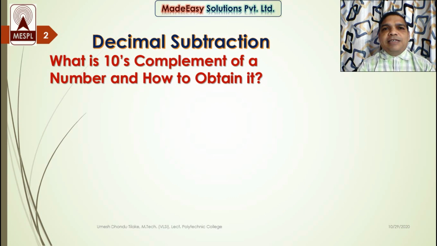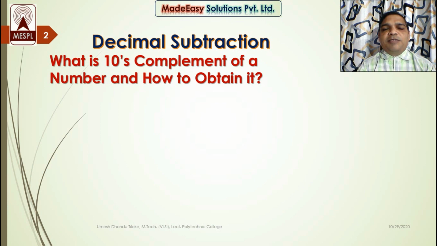So we will learn what is ten's complement first and then how to obtain ten's complement. So ten's complement of a number is again a number which we get after a subtraction process. That means if I have to find ten's complement of an n digit number, then I will subtract the number, ten's complement of which is to be found, from the nth power of 10. That means suppose I have to find ten's complement of a 4 digit number, then the fourth power of 10 is 10,000. So when I subtract the 4 digit number from 10,000, whatever difference I get will be the ten's complement of that number.